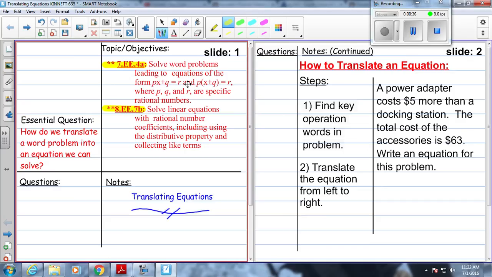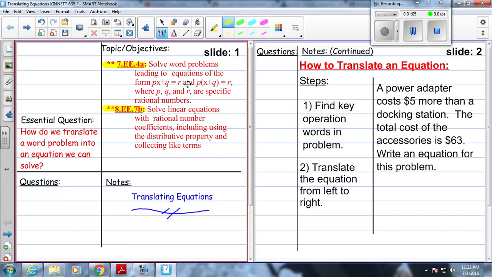Okay. The essential question here is how do we translate word problems into an equation we can solve? So really, this lesson, we're not going to solve all these problems unless the directions ask us to. We're going to just work on creating an equation from them. A lot of times students try and do these problems through guess and check. It really aggravates them when there really was a way to translate it into an equation that we can solve instead. So the first step, we have to use those skills we've learned previously about operational words and find those